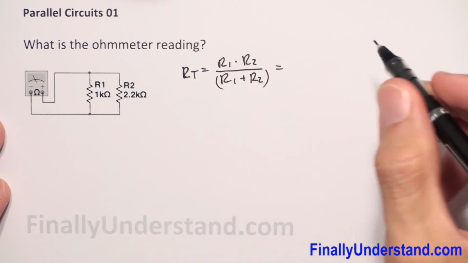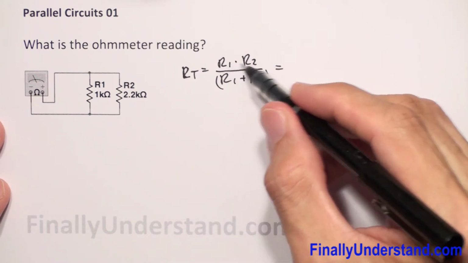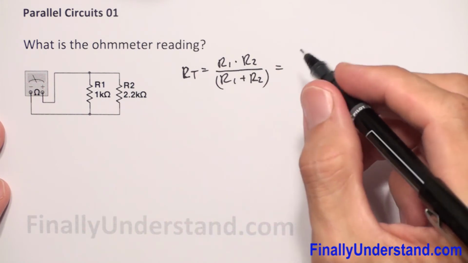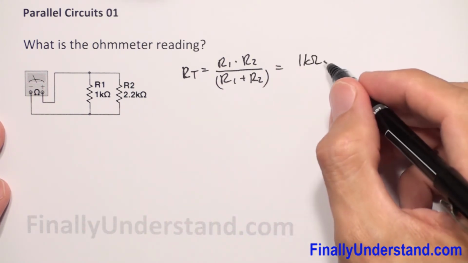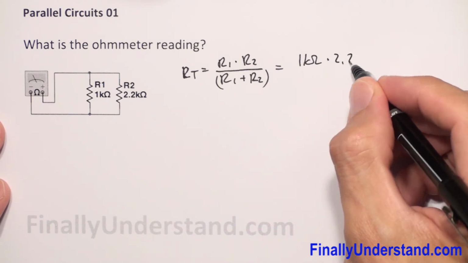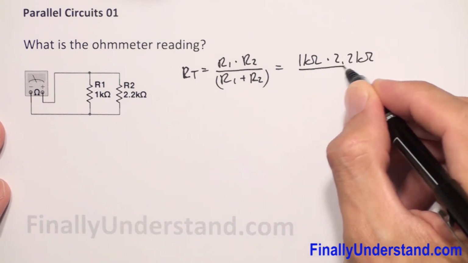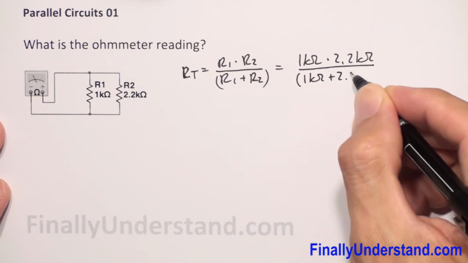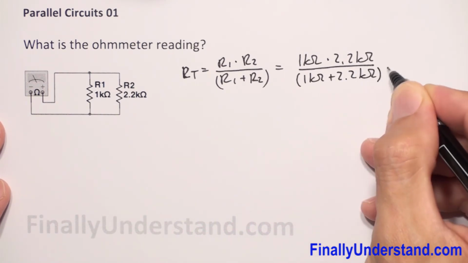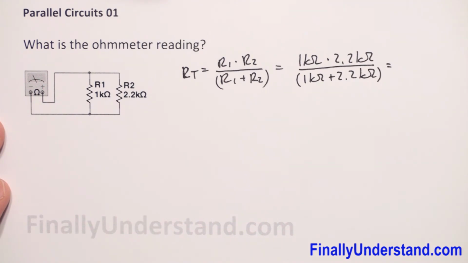Now I'm going to substitute the variables by the resistances. So I have 1 kilo ohm times 2.2 kilo ohms divided by 1 kilo ohm plus 2.2 kilo ohms. Now I'm going to take the calculator,